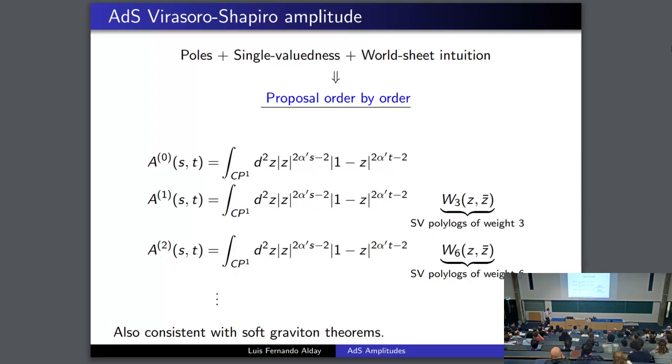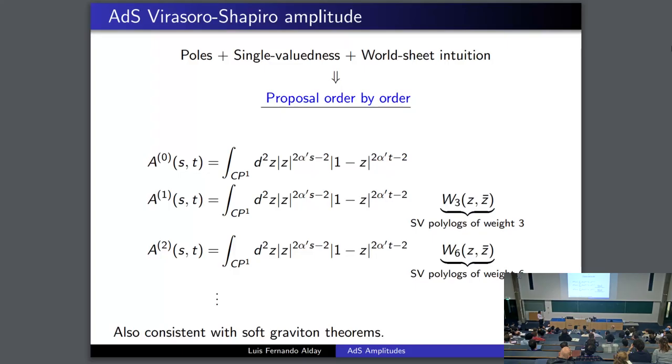And this is very cool because it means there are mathematical results by Van Hoff, actually, and Cervini, that tell us that when you expand this at a small alpha prime, you will automatically get the single-valued zetas that we were after. Okay? If you do the same trick, then what you would like to say is that A2 is the same,